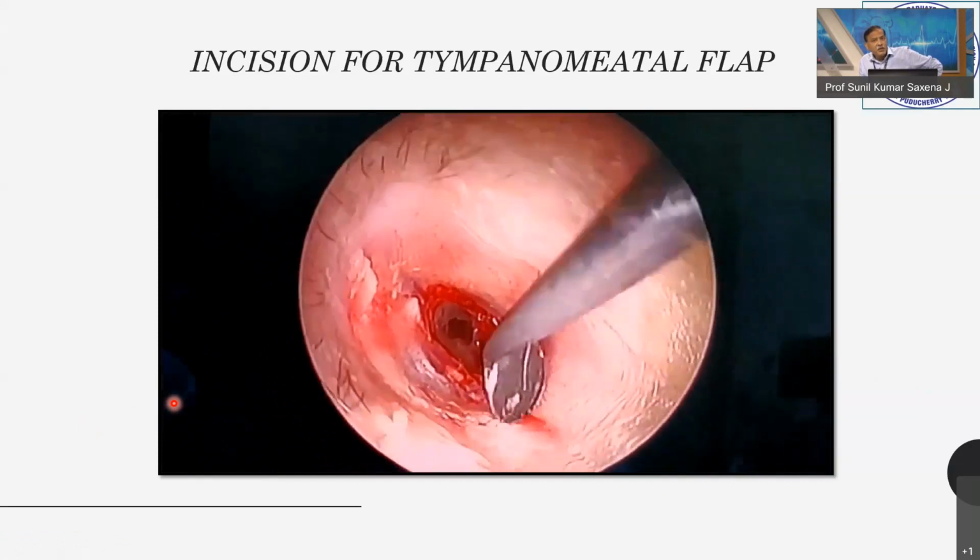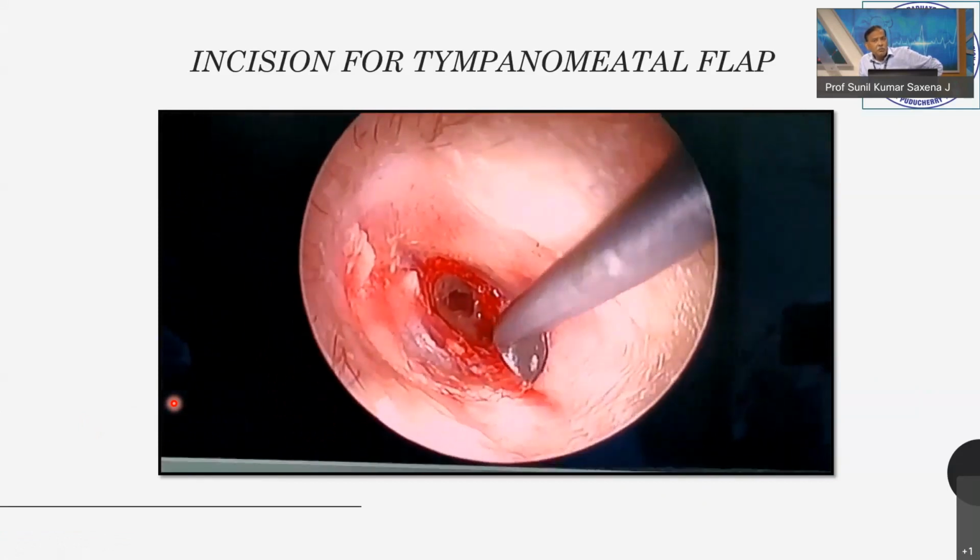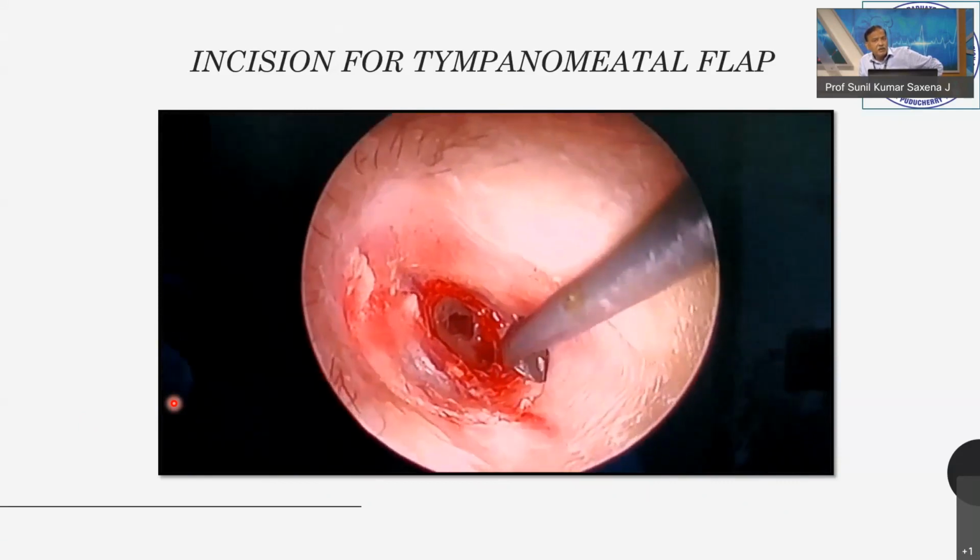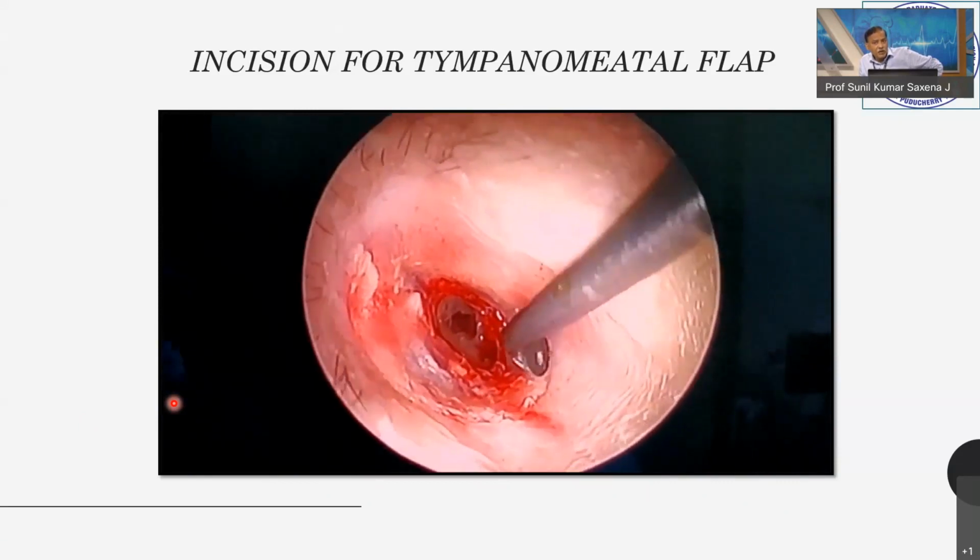1 point. Second point, when you are going down, remember that tympanic membrane is obliquely placed. So when you are going down in lower area, you have to come closer to the floor. Third point, start raising the